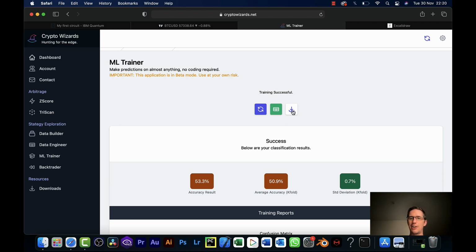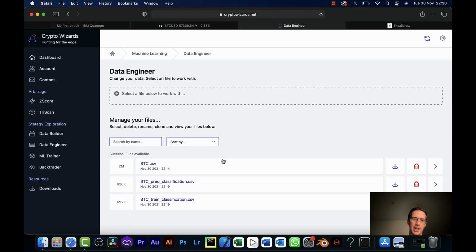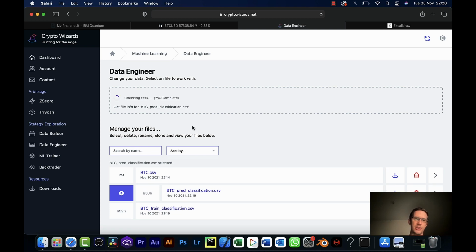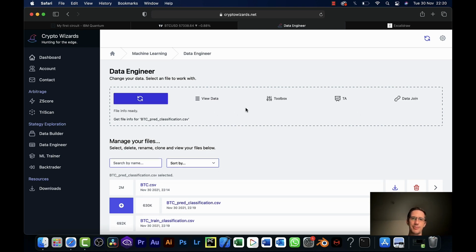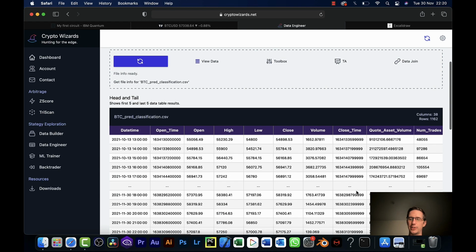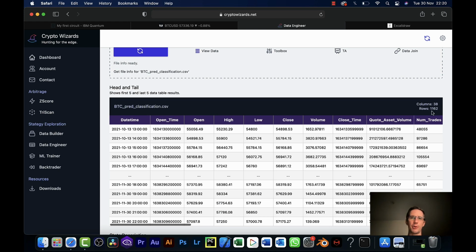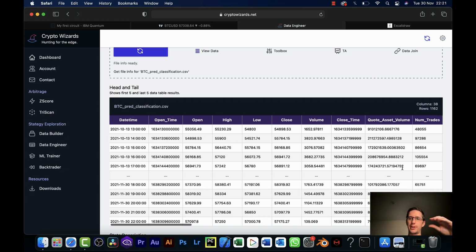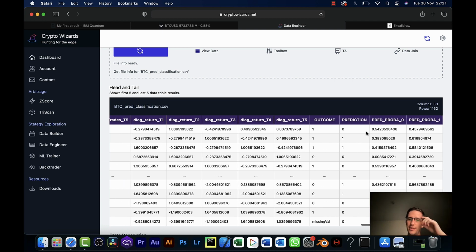Now I can actually download the file straight from here, but what I'm going to do is just show you what has happened here. So it's saved an additional 2 files. This one is for the prediction of what we're trying to do. So it's the prediction file. If I just refresh this very quickly so you can see what that looks like, it looks a lot like our original data set, except there's far fewer rows. Before we had like 5,000 or 6,000 rows of data. Now it's got 1,000. So this is that 20% that it's returned for us. And on the very right, it's actually given us predictions here.